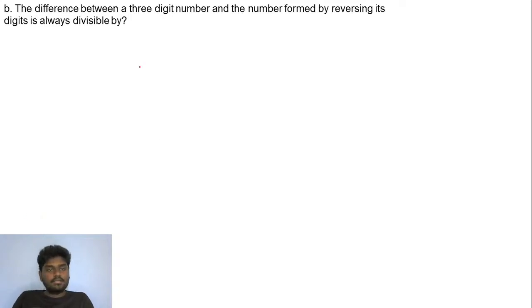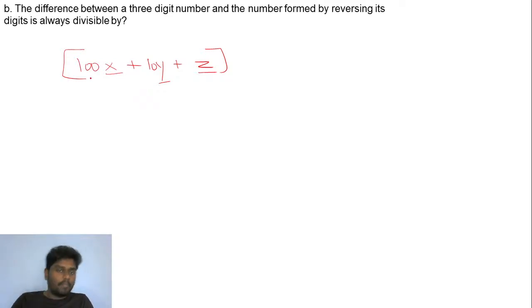So what we can do exactly here, listen, the difference between a 3-digit number. First of all, let me take a 3-digit number. In a 3-digit number, I'll be having units place, tens place, and hundreds place, right? So if I take 100x plus 10y plus z to be the original 3-digit number, here z is the units digit, y is the tens digit, and x is the hundreds. So you have got an original 3-digit number here, and if you try to reverse it,